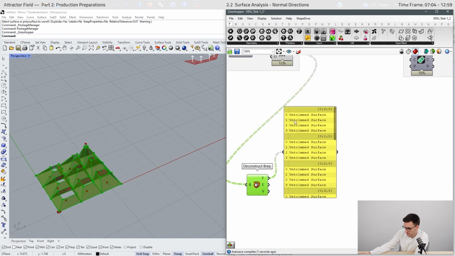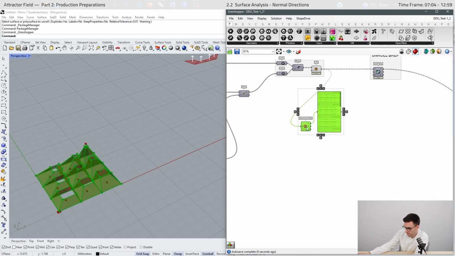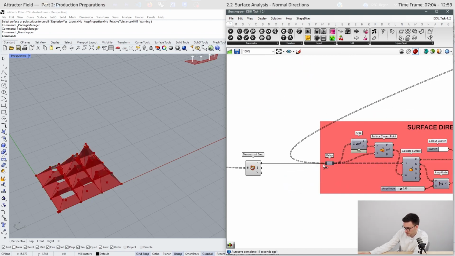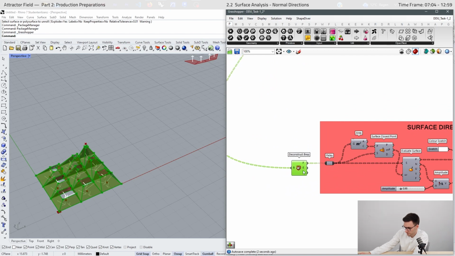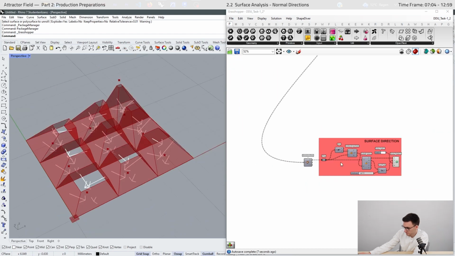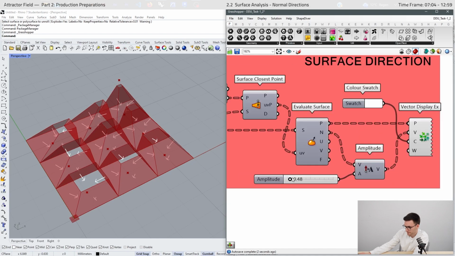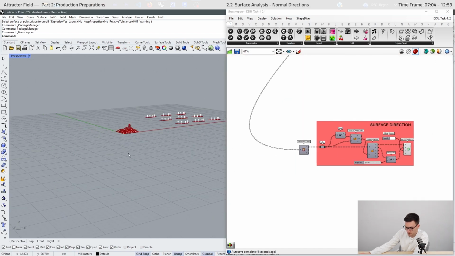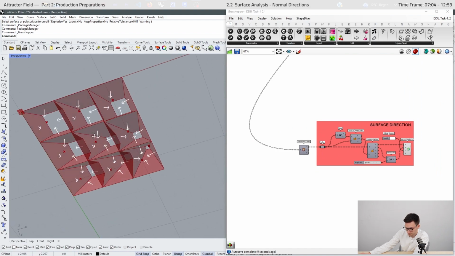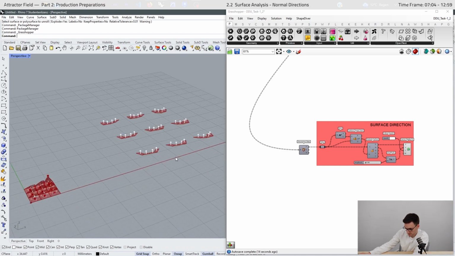And now we receive the surfaces like here. This component can connect the surfaces here, and here it's useful to decrease the size of the vectors. Okay, now we can see that the vectors are pointing inwards, and here the vectors are pointing upwards.